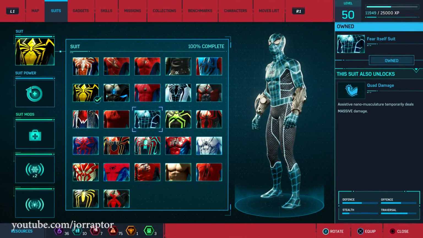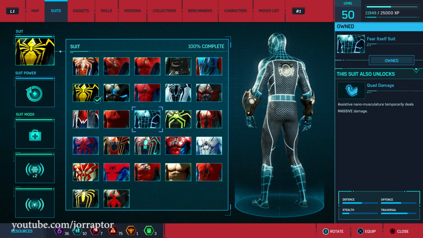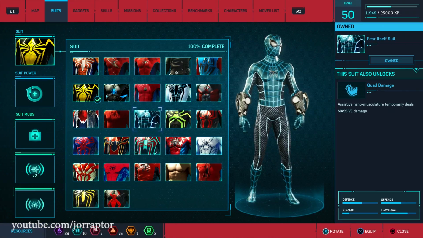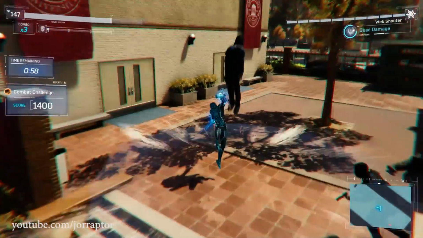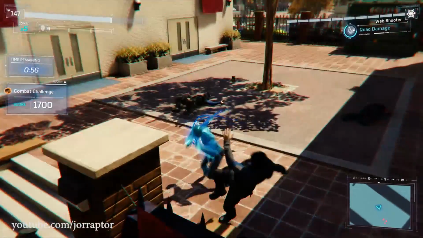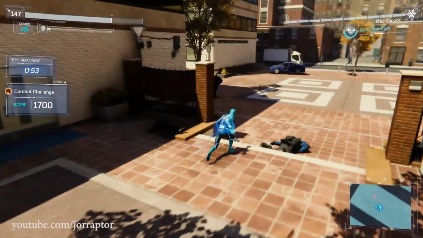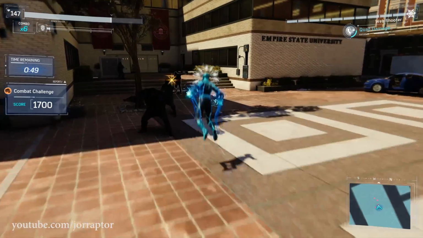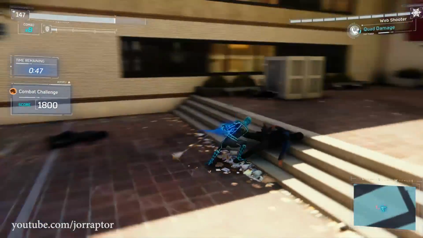The Fear Itself suit from the Fear Itself comic also has some sort of negative look with the cool wristbands that make you hit harder, you would think. Well, the suit power called Quad Damage does just that, increasing your melee damage so enemies drop faster after you hit them. You can craft this one on level 21,